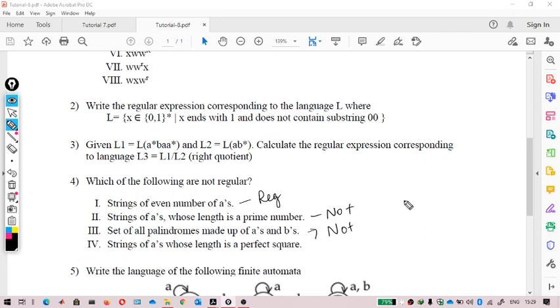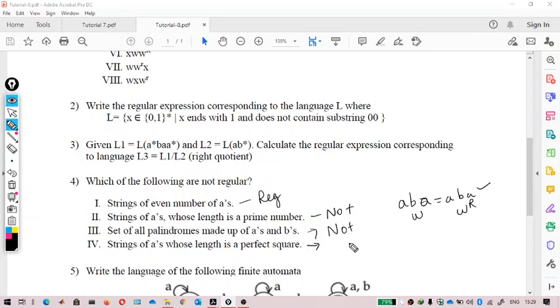Palindromes are strings where the reversal of a string is the same string. So that is a palindrome. Now I have to remember what the value of W is, so that I can check the reversal WR. So the remembering part is there, and that is why this is not a regular language.